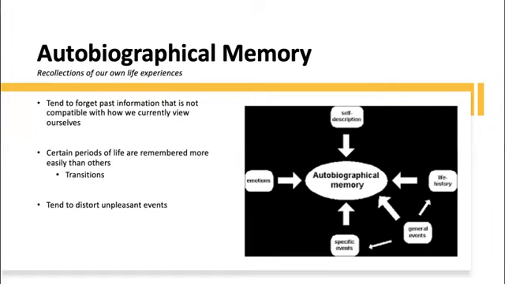Additionally, we do tend to distort unpleasant events that happen to us. So, for example, a college student is less likely to remember accurately the number of bad grades they received, and rather they only remember all of the good grades they received, right? We tend to recall negative or traumatic childhood experiences with less accuracy, and they're not as easily remembered, at least all of the details surrounding them. Whereas more positive experiences are easily remembered and recounted.